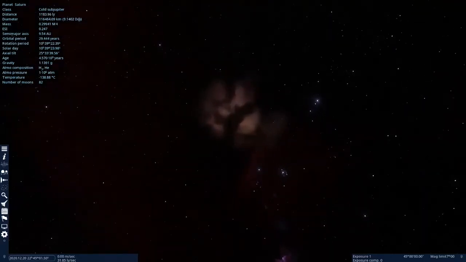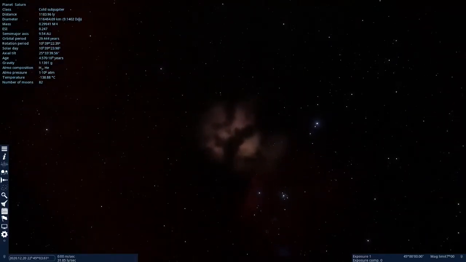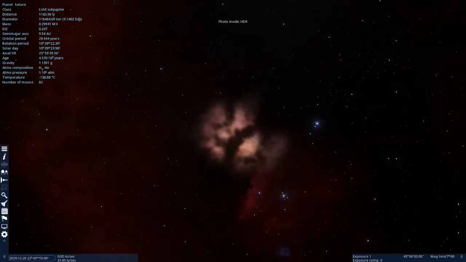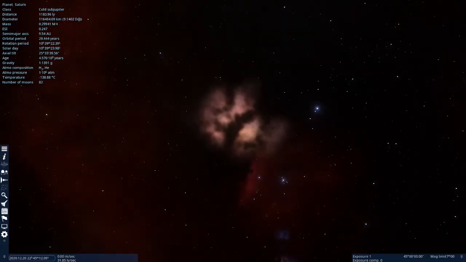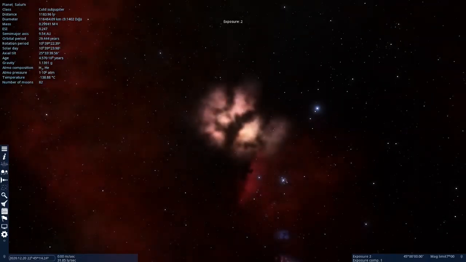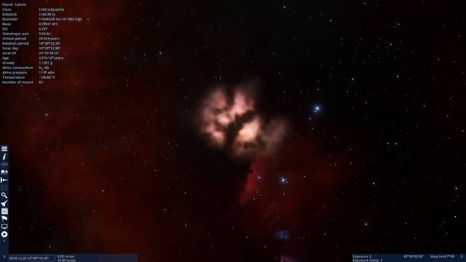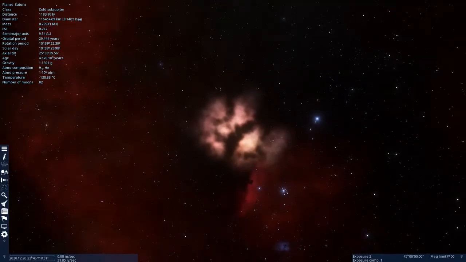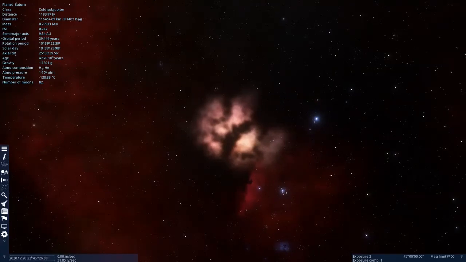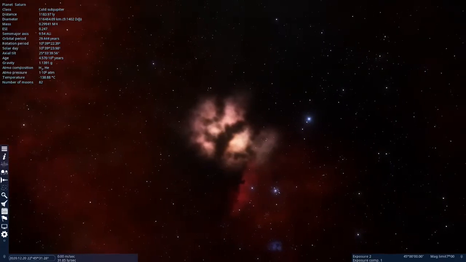We've arrived at the Flame Nebula. And I'm going to switch the camera mode to high dynamic range mode so we can see a little bit better. And I'm even going to bump up the brightness a little bit since we're doing this on Zoom. And it's not a really great picture of the Flame Nebula. And the relationship to the Horsehead Nebula behind it probably looks a little bit wrong because of the three-dimensional nature of it, and we're really close right now.